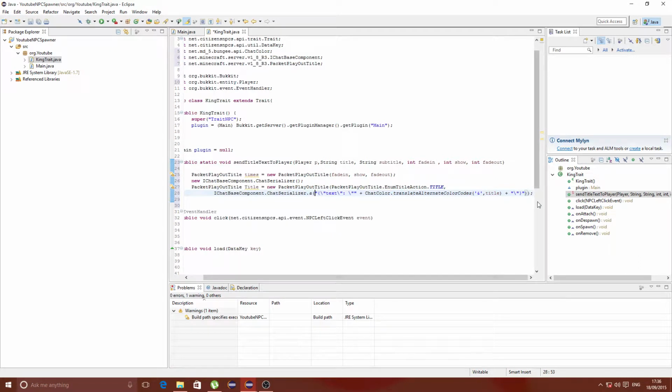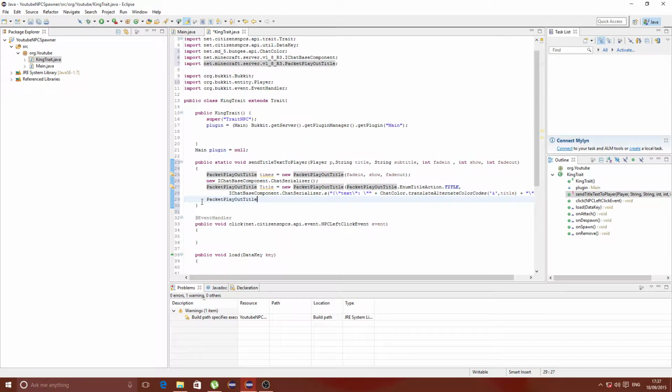And now one more we're going to do is the subtitle, which is literally what it is. It's a subtitle. So we're going to do another player packet out title, and we're going to call this one the subtitle, and it's a new packet out again, and we're going to pretty much do the same thing we've just done with this one,